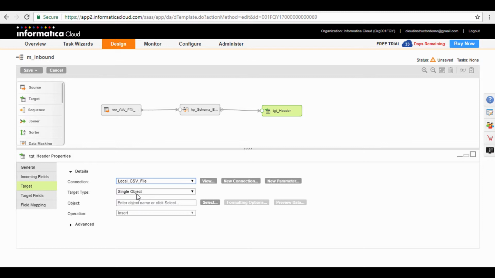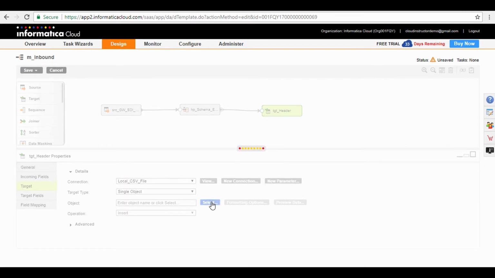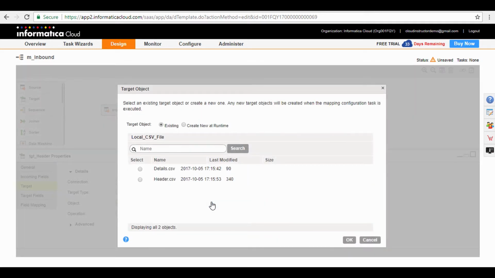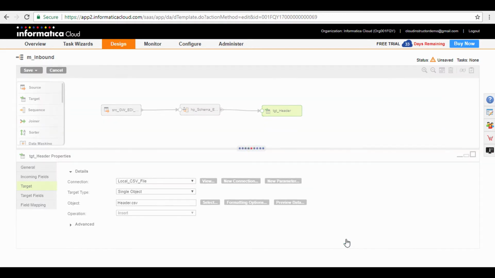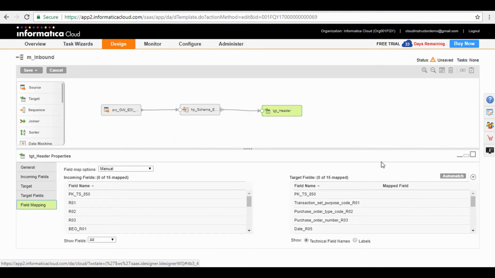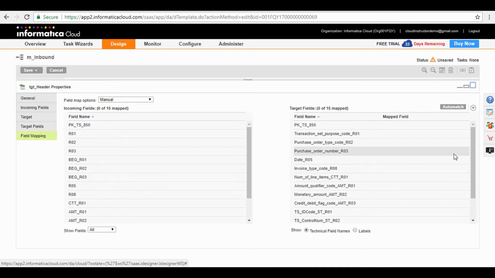Keep the target type as single object. To select the target object, click the Select button. Select header.csv from the list of available objects and click OK. Click the Field Mapping tab. Maximize the Properties section. Map the incoming fields to the target fields as